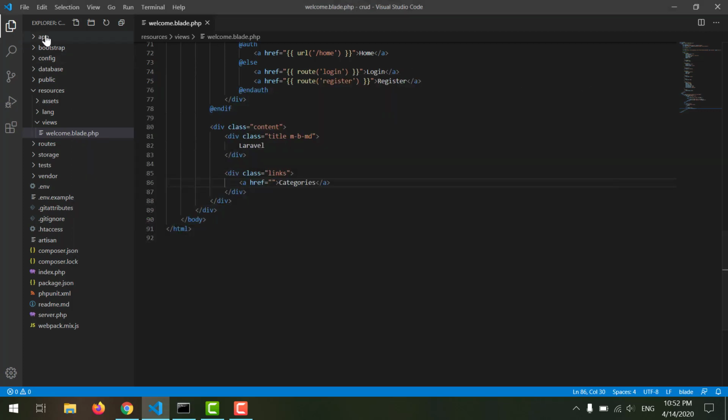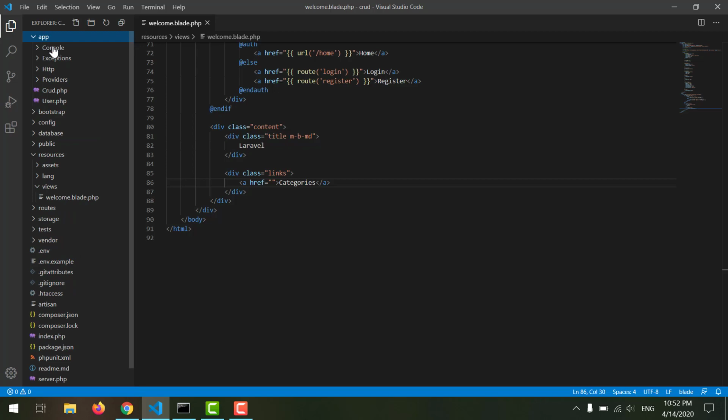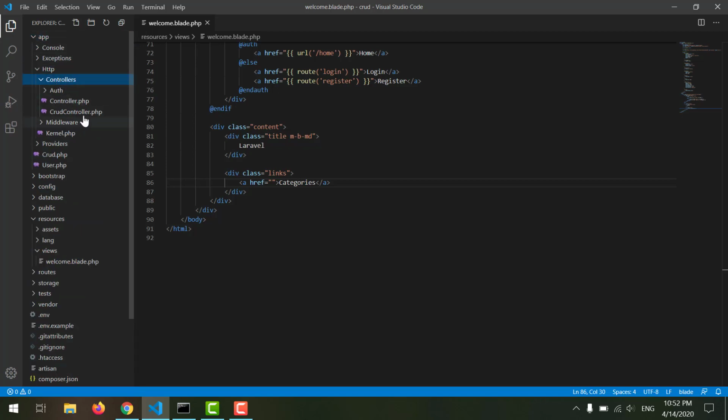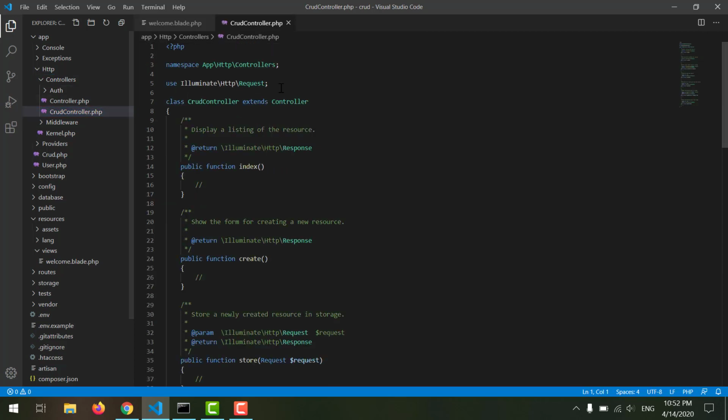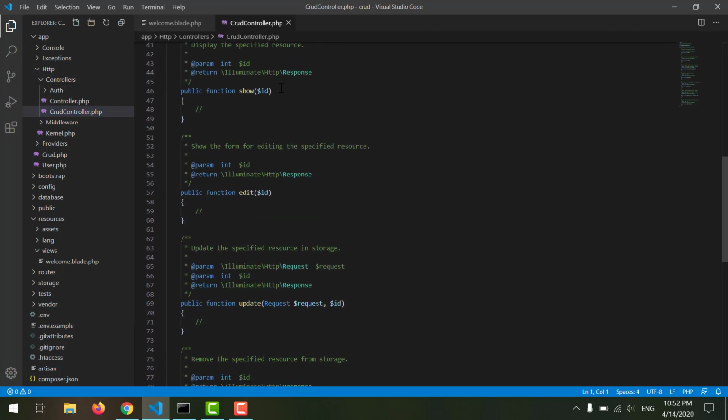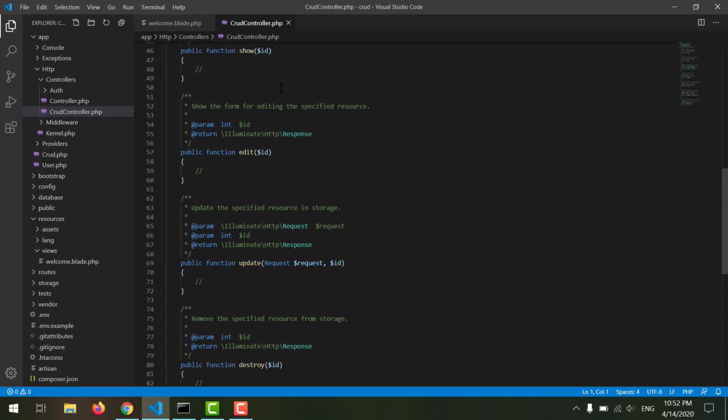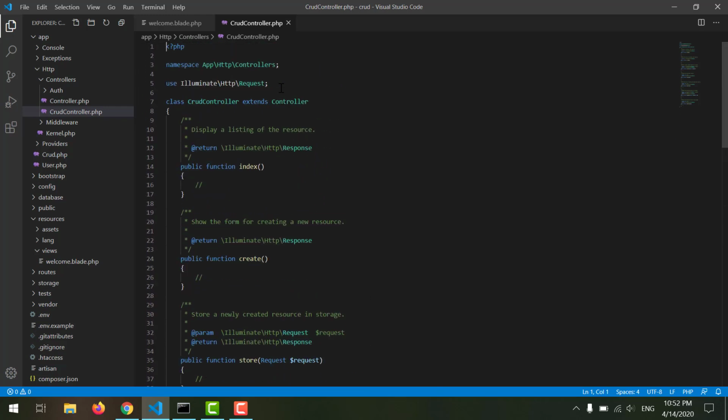I'm going to minimize it. First of all, we created our controller, which is located in app under Http under Controllers folder, and here's the CRUDController. As you can see, all the built-in methods have come because we declared it as resource. One thing more before continuing: for using our resource CRUD controller,